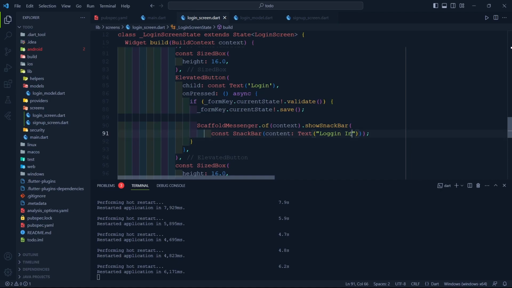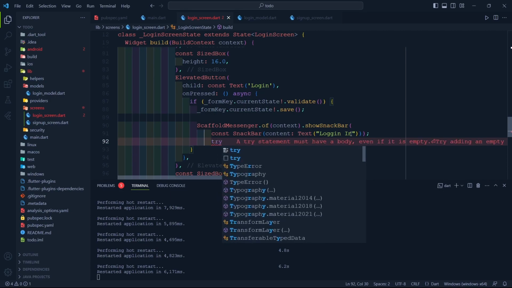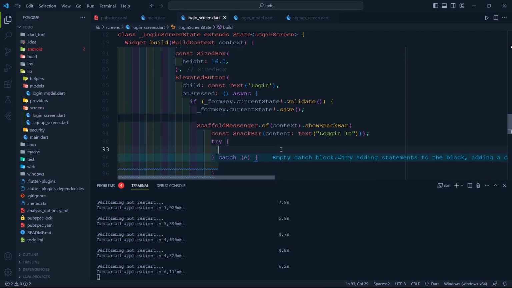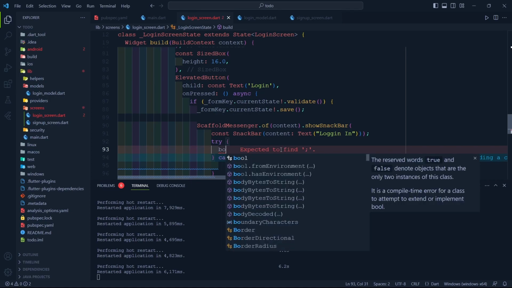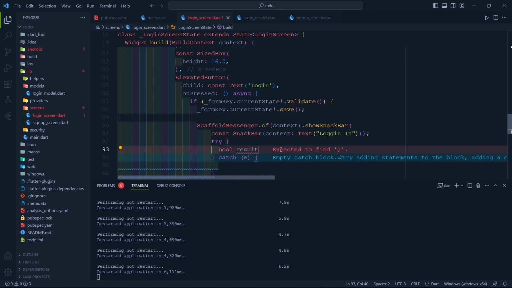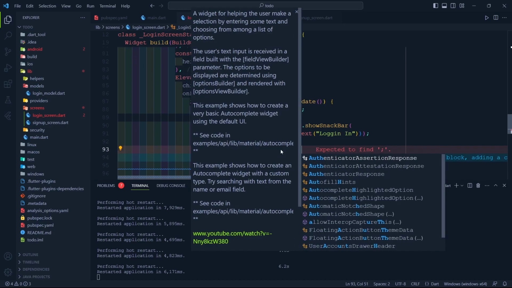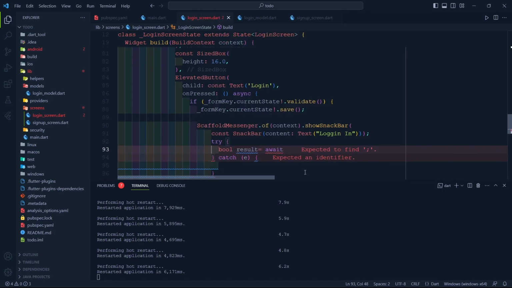From now on, let's do one thing. Let's try all those things, like try and catch. Now we will validate all those things. Like, let me just do it real quick and I'll explain all those things. Like await auth helper. I think I have not